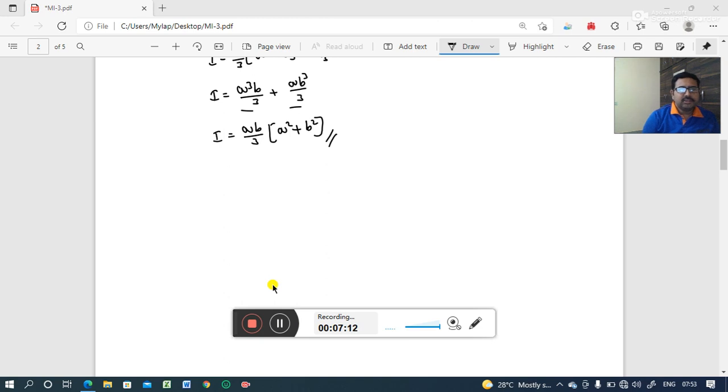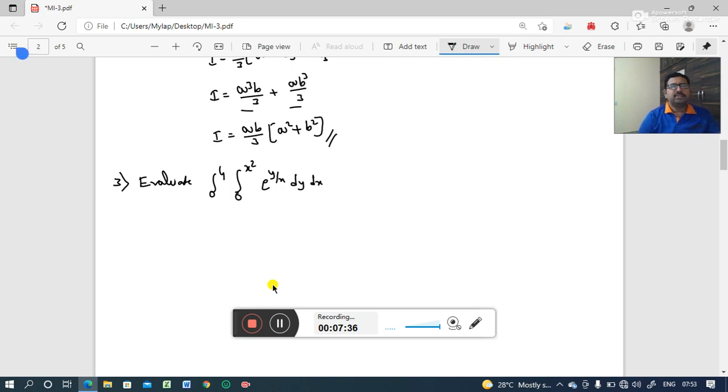So let me consider another example. Evaluate the integral from 0 to 4, integral from 0 to x square, of e power y by x into dy into dx. Now let us integrate this function. Solution: